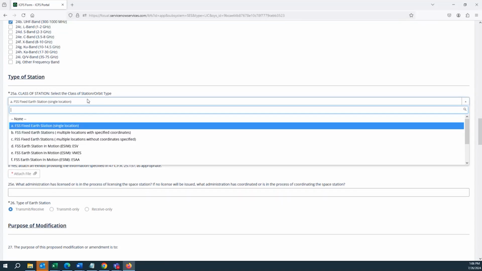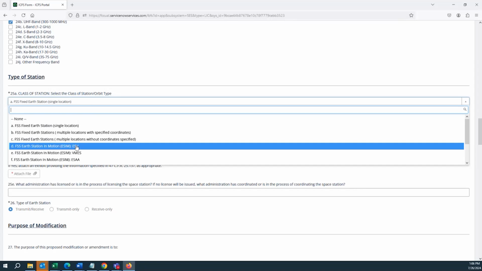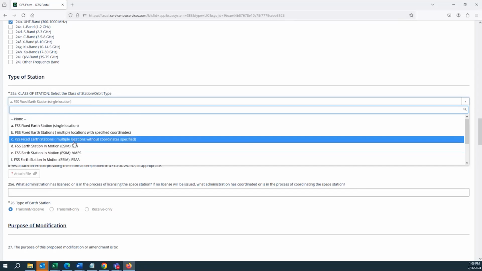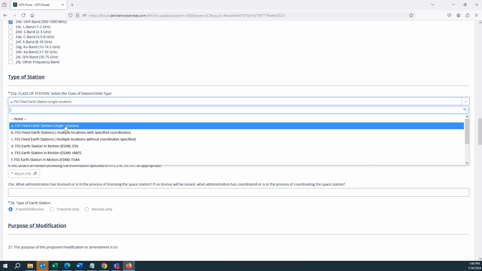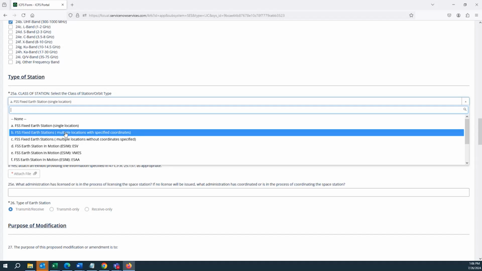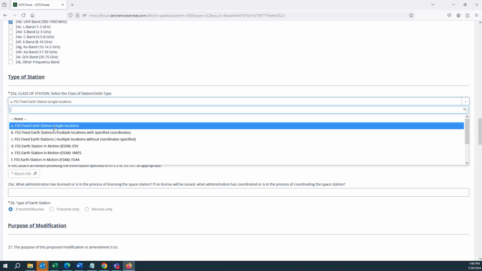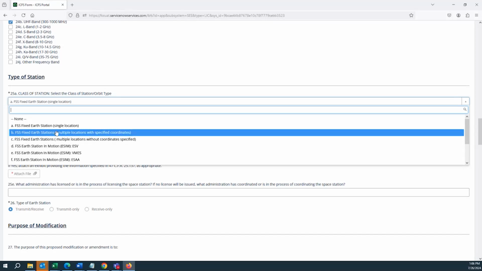Depending on what selection you make here, you may or may not have to fill out some extra fields. If your satellite Earth station or stations, as the case may be, have fixed locations with specified coordinates, then you will have to fill out some extra site location information.